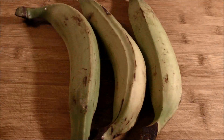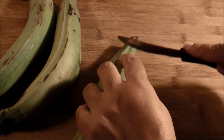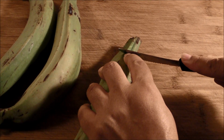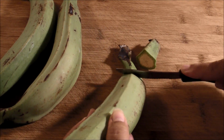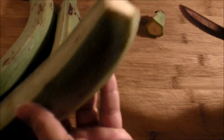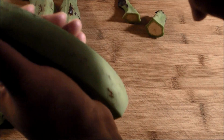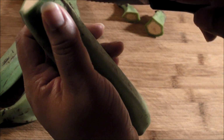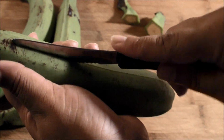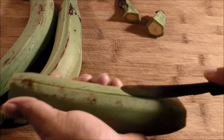So I'm gonna use 3 plantains, and I usually cut them like this. You cut off the tip just like this, and then you do the other side like so, and you want to do 2 or 3 slits, okay? I'm doing 3. Some of them just come off by themselves, some of them you will have to, because sometimes it's hard to come off. You could do like this with your knife. Well, that's how I do it, and I loosen it up a little bit,